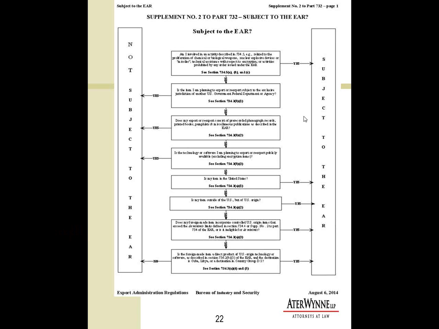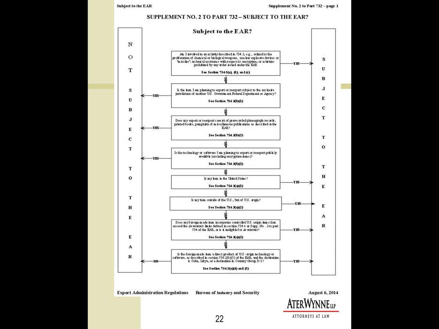Section 732, which I've duplicated here in this slide, and I apologize to the audience that the slide is a little bit hard to read because the printed matter in the Export Administration Regulations, as well as the online version, are also not very clear. So this is probably the highest resolution we could get it for the slide. Suffice it to say that what this slide does is that it takes you through a step-by-step process so that the